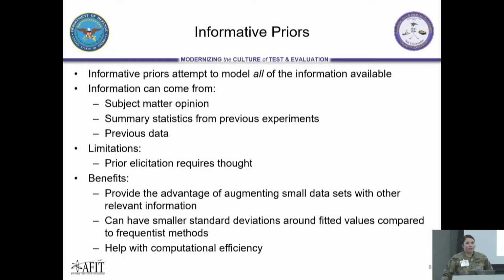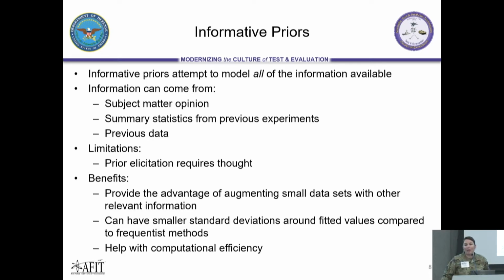One of the limitations of using informative priors, which is going to be the focus of this talk, is that it requires thought. And it's hard to do. It's hard to get information about model parameters from subject matter experts or from data. But the benefit that we get from using these good informative priors, which is namely that we can have smaller standard deviations around our fitted values, generally outweighs the cost of spending the time developing good